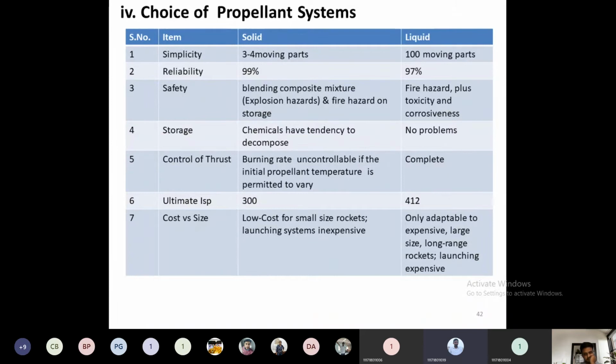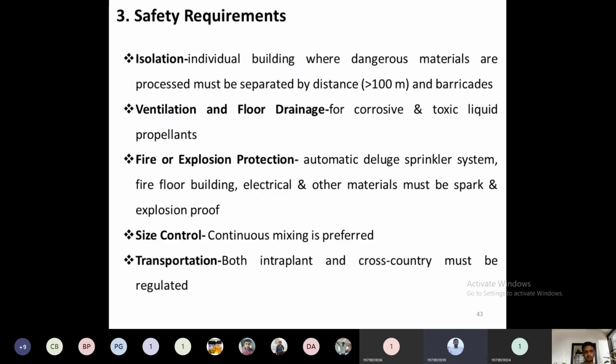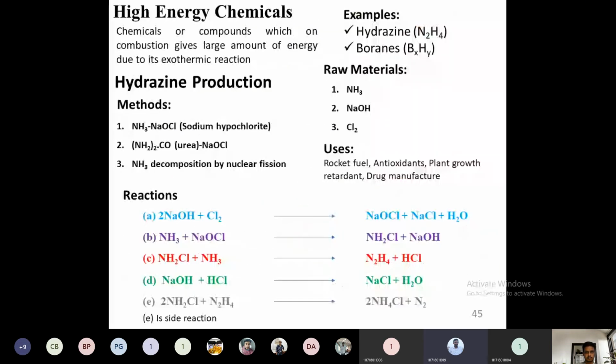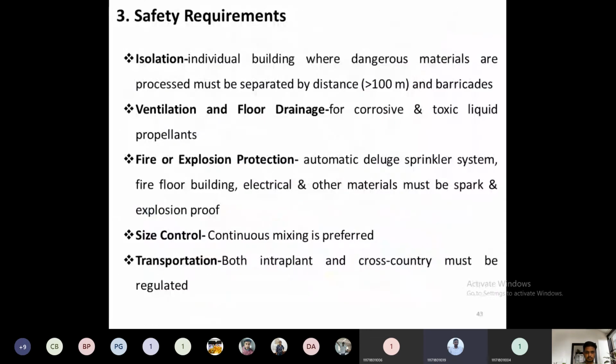When we talk about propellant properties, if I want to classify the propellants, the first one could be by fuel type: natural oil, then polymers, and next a hybrid one. So it is solid, liquid, hybrid. We have three types of propellants.